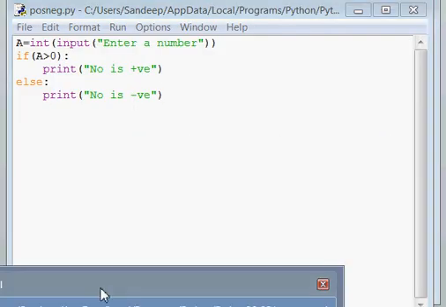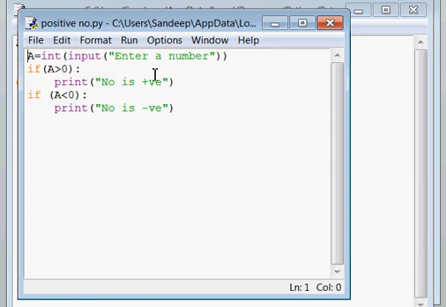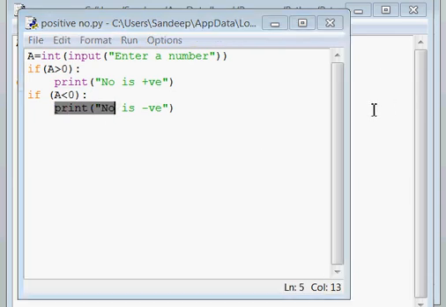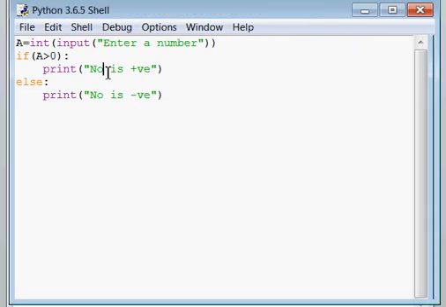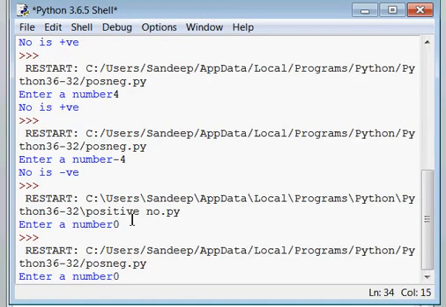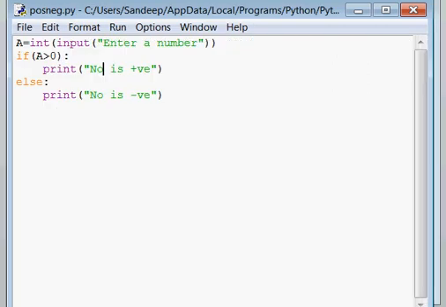In this case, if I give 0 for A, is 0 greater than 0? No. Then the print statement is not printing. Again, it is checking, is 0 less than 0? No. Again, this print statement will not execute. So in case of 0, no statement is executing, but in this case, if you run this program and give 0, then it gives number is negative.